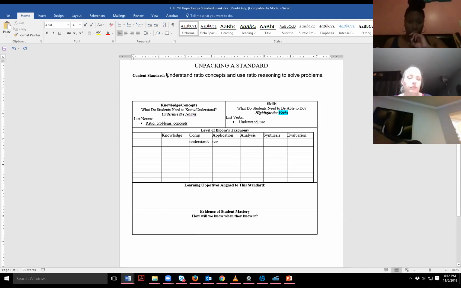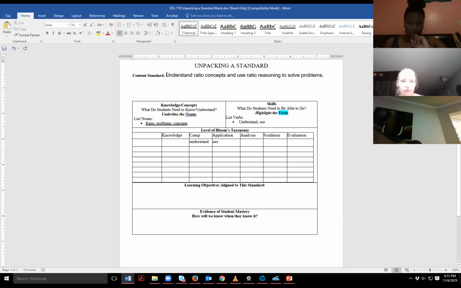If you think from a purely English sentence diagramming perspective, I need students to understand ratio concepts. That's the first part of this. If students don't have that understanding, they can't do that. The second part of this standard is that they now have to not only understand these concepts, they have to actually use ratio reasoning to solve problems. Now, this is probably not a standard that is simple. It sounds pretty simple on the surface, but it's probably going to take me at least 1 to 3, maybe even 5 days, depending on how well my students are doing, to teach this concept.